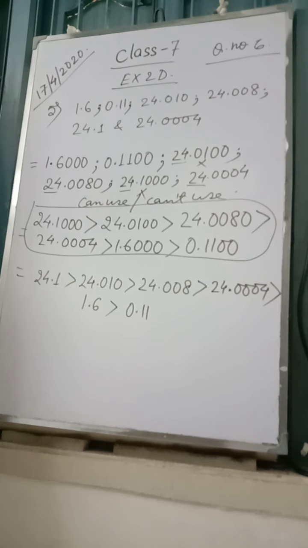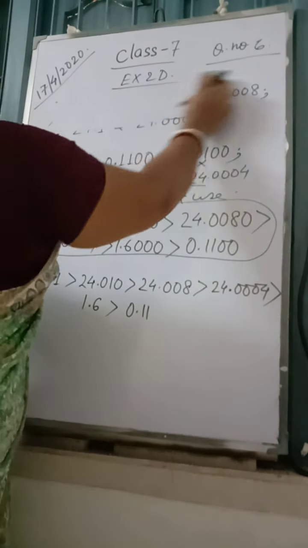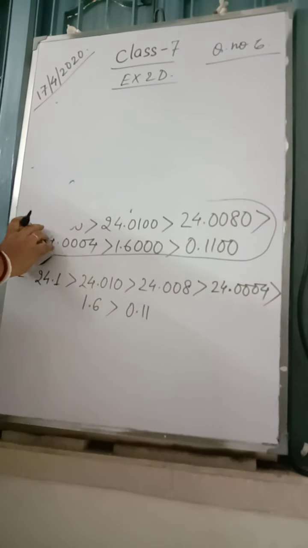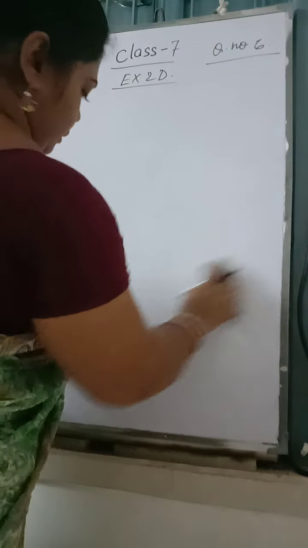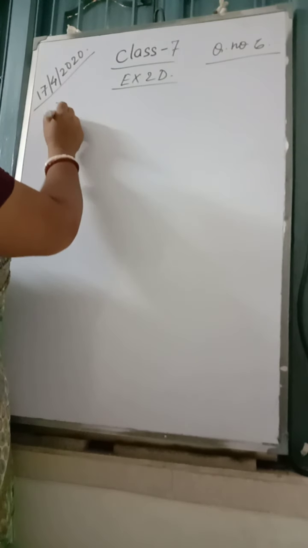Question number 7. For planting a tree, 3.15 cubic meter of soil was dug up to make a pit. Inside the pit, 0.56 cubic meter of fertilizers and 0.09 cubic meter of sand was put. How much soil is needed to fill up the pit and how much soil will be left over? Now, what is the volume of the pit? What amount of soil is taken out? That is 3.15 cubic meter.